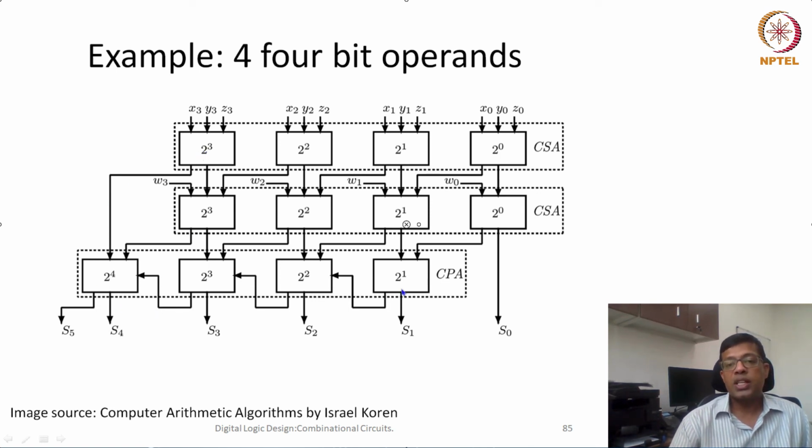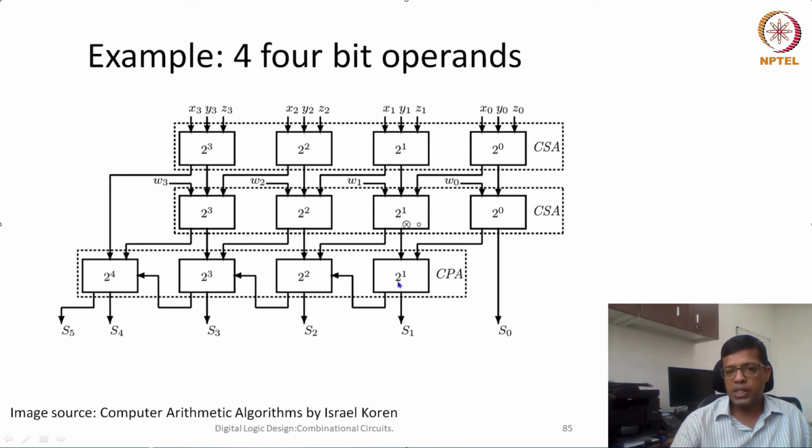So now you see, in this last stage, carry was propagated from here to here, then here to here, then here to here. So this is the last stage where we are doing carry propagation addition. In the first 2 stages, it was all carry save because the carry was moving ahead. Within the same stage, there were no 2 adders where we were passing on the carry input from one adder to the other. Now the delay of this whole 4-bit operand addition is equal to the delay of full adder 1,